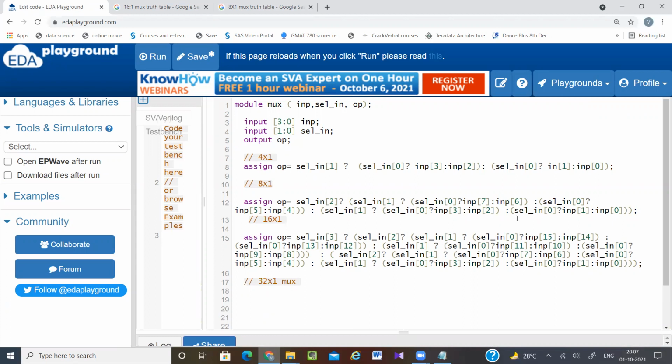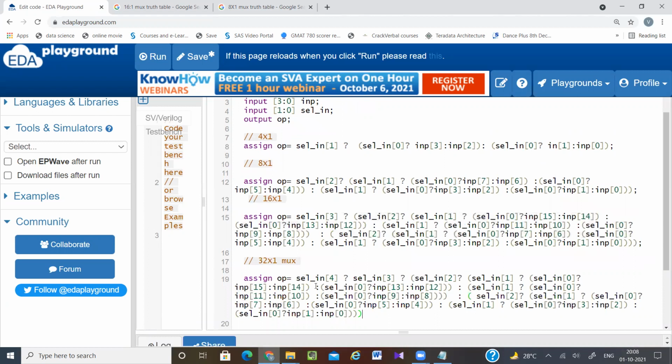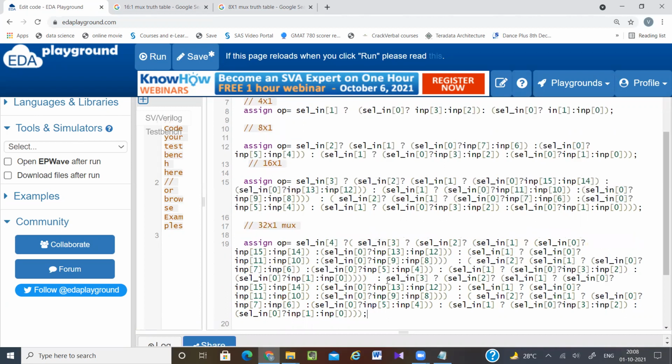So 32x1 means again from select 3 to select 0 will be same. Only a select 4 line will be added. So here assign output equal to select in of 4. If it is true, this thing. And if it is false, then this thing.